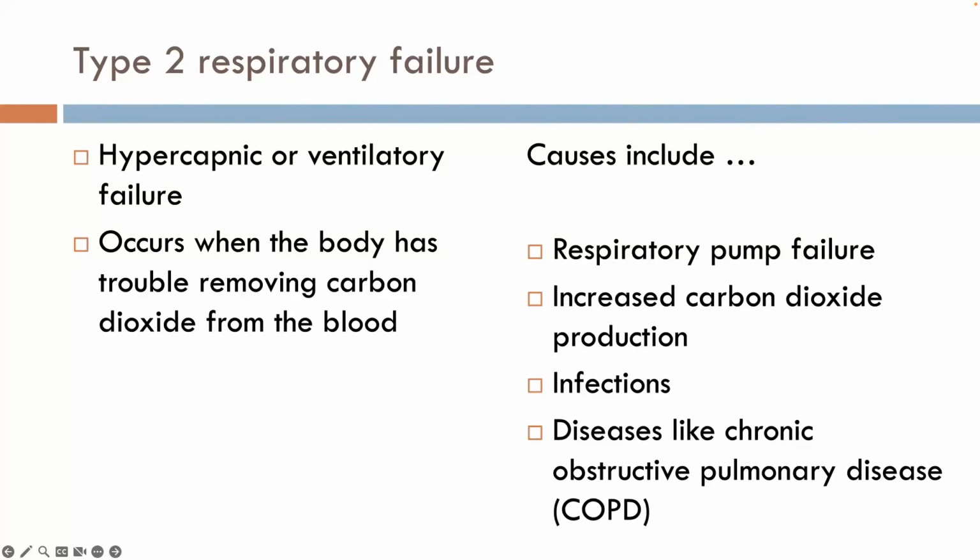That's type 2. So how do we get rid of CO2? What do we need to do? Okay. Solution to pollution is dilution. How do we dilute CO2? If we give them oxygen, is oxygen going to take care of that problem? We need to ventilate them. So how do we ventilate them? We increase